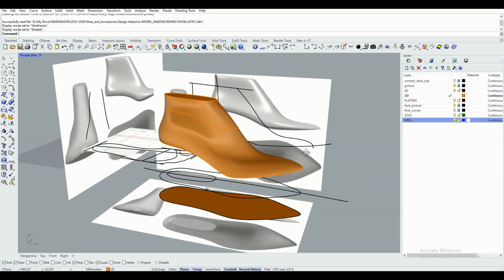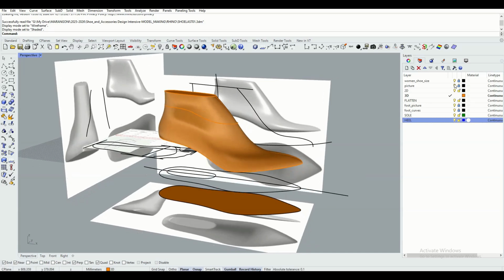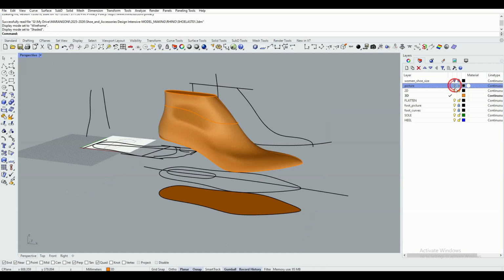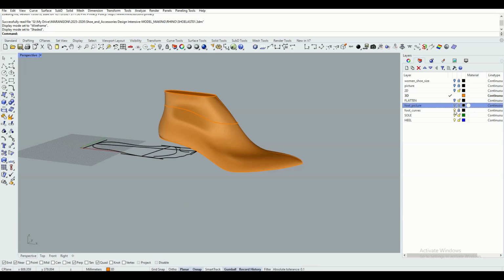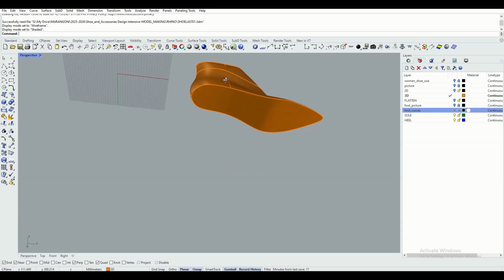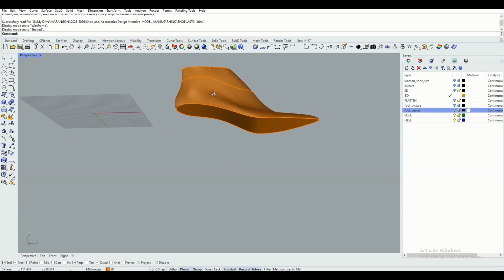Then we can hide the other layers we don't need now, and we can keep active 3D for now and shown sole and heel.